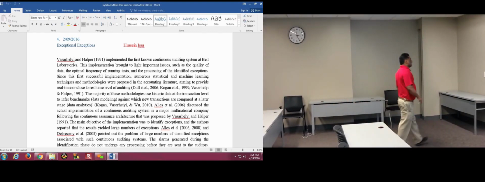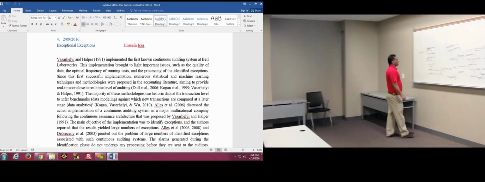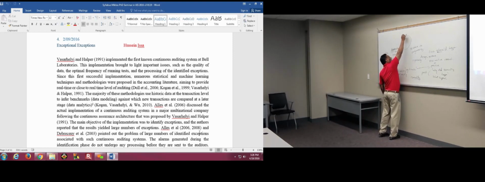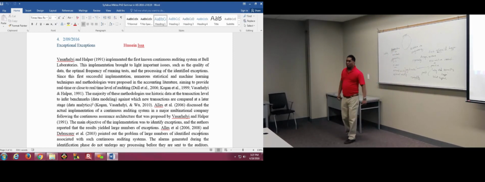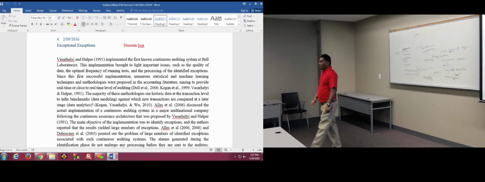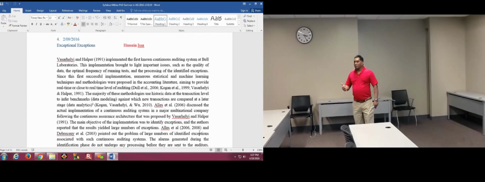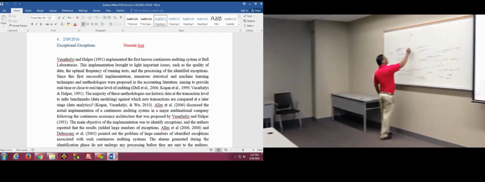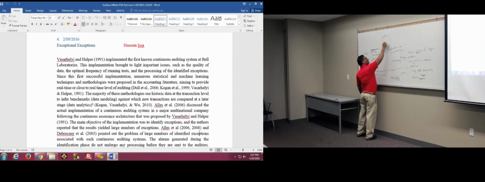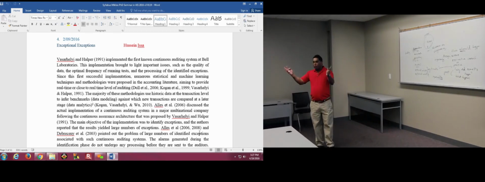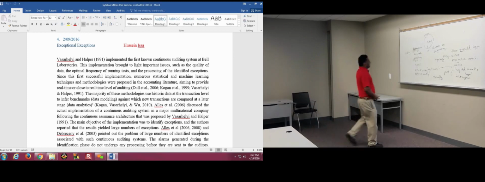So Hussein has this idea of exceptional exceptions that says, of these 10,000 violations, here's your 10,000, the really important ones are these. Now, that requires 2 things. First, some explanation for why, if this is say 100, the other 9,900 aren't that important. And some tool to help you go from 10,000 to 100.